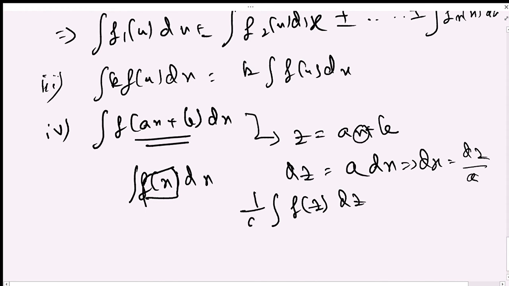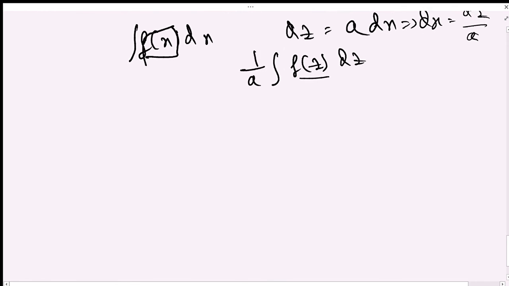Now what is the integration of f(z) dz? This is a known integration because f here is an elementary function. This is the actual method of substitution. I guess you have understood what substitution is. You substitute the variable in such a way that you can bring it down to a structure where we can use the elementary function methods to solve the problem. Now there are a number of methods to solve integrations, and substitution is one of them. I guess you have already understood the substitution method.